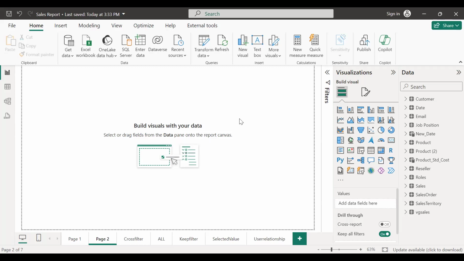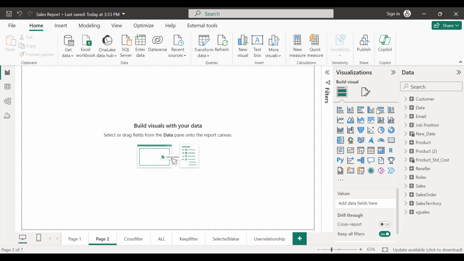I'm interested to see the average amount of sales. In order to calculate the average amount of sales, since average will only give me a single value, that is a measure. So if I want to calculate it, I have to go to a measure. This is a measure. I'll click on the measure,